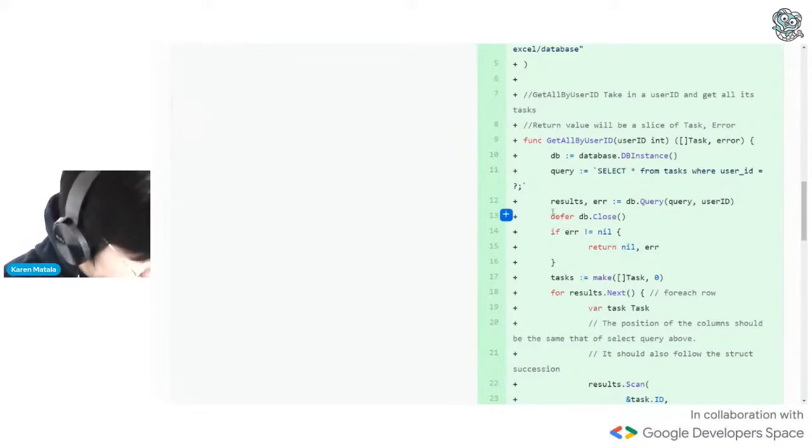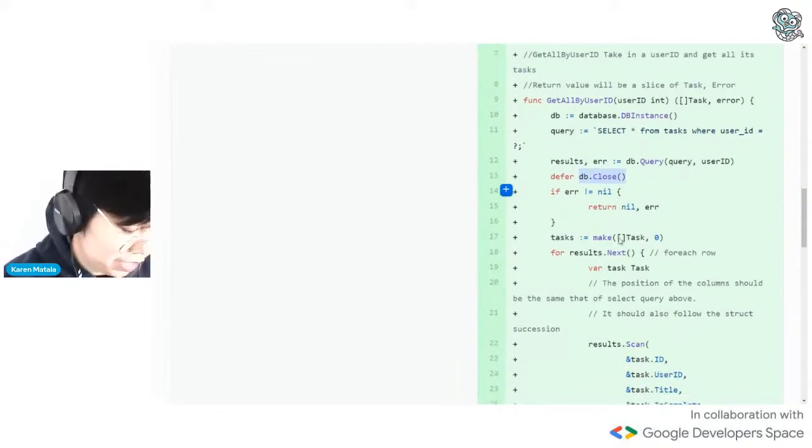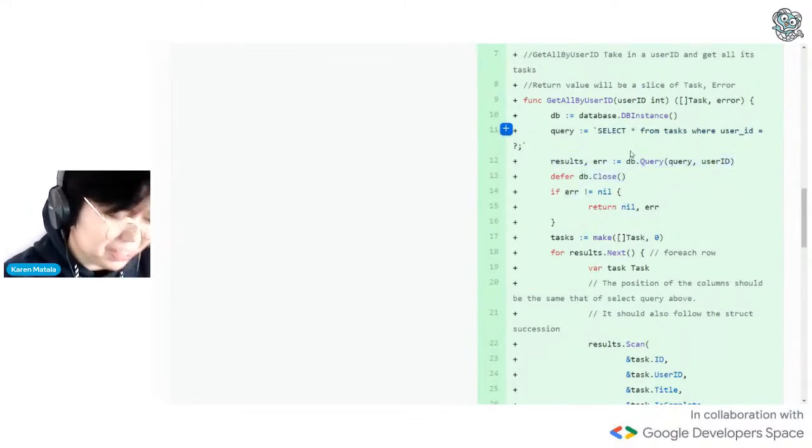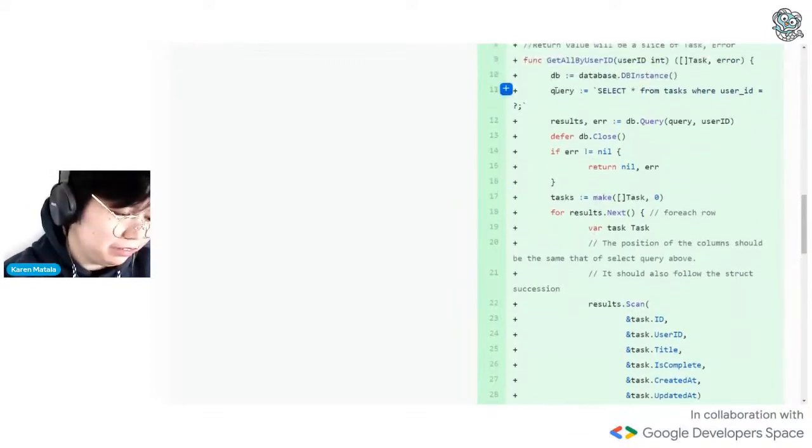And then this defer db.close, essentially just before the function closes or is done, it would close the database. So we have to close when you open it. We have to close it for that specific time. And then error, to catch the error if there's something wrong here, maybe a typo. I had that. And then all right. So now, of course, now that you have this query, and then assuming that it's all